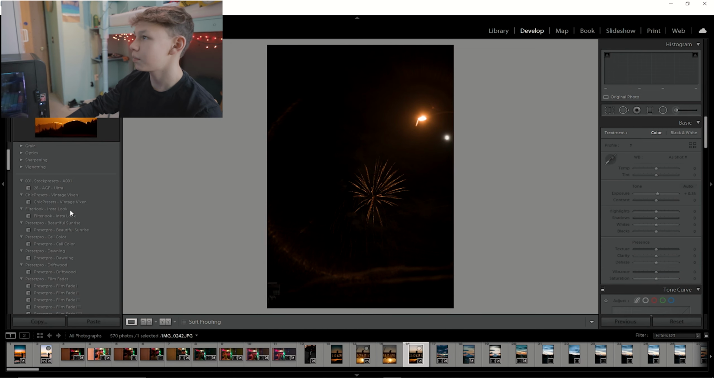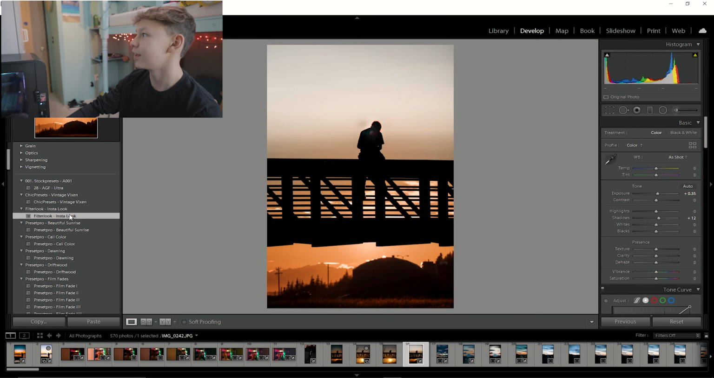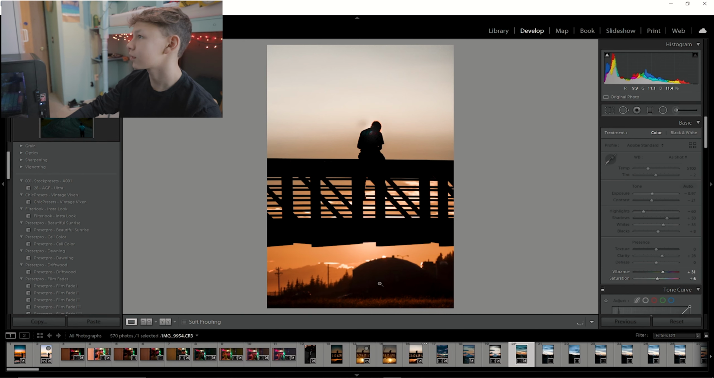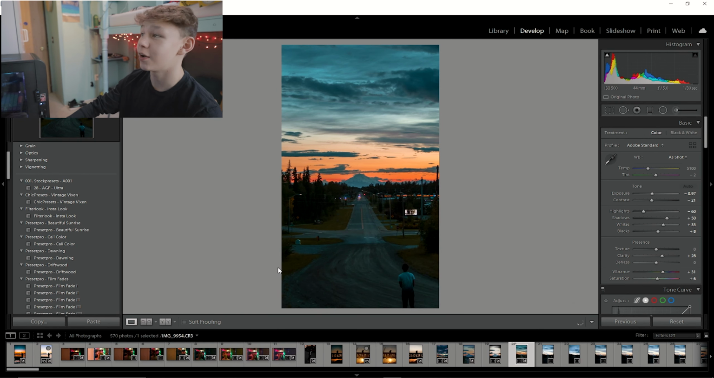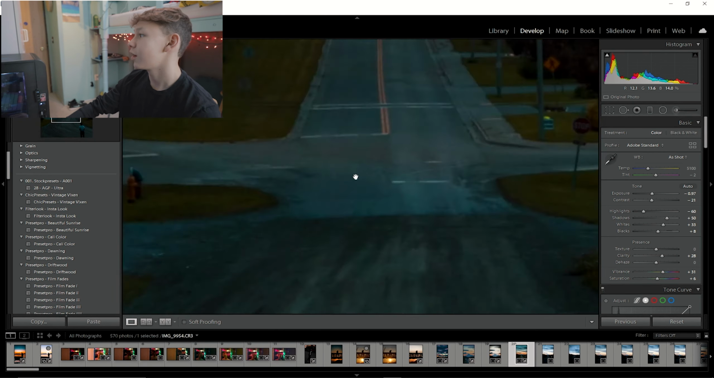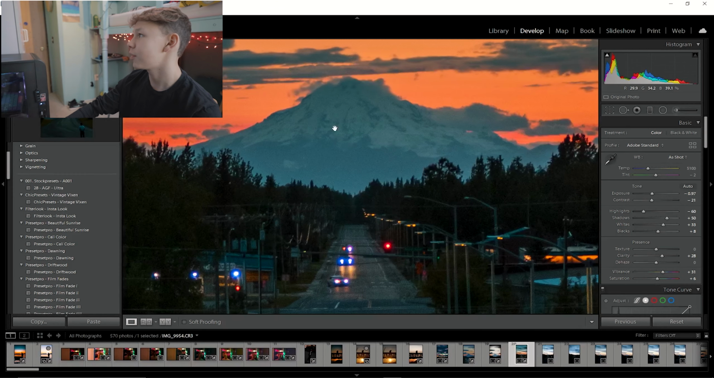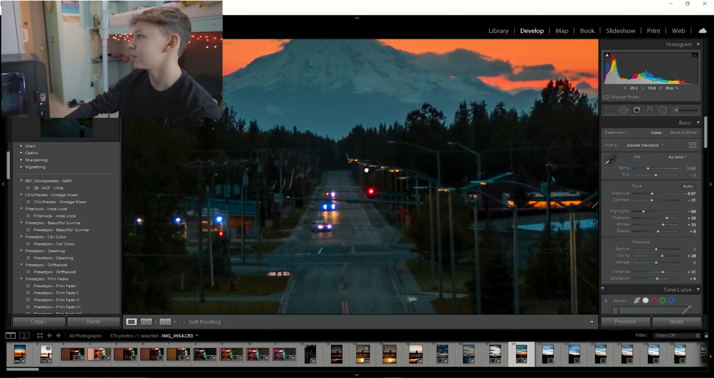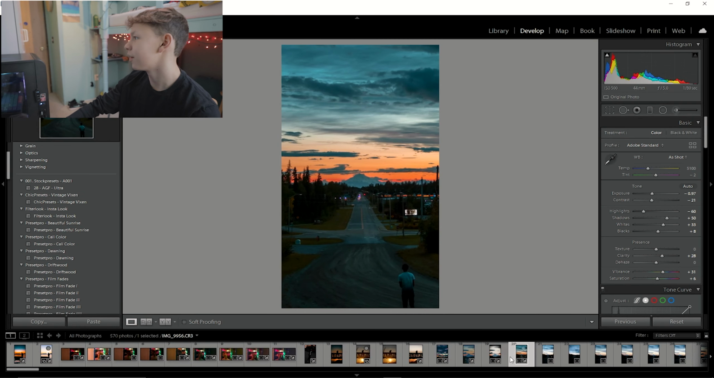So if we drop this on it, it doesn't look good. You have to play with the look of it. There's this photo. I use beautiful sunset on this. This shoot was probably one of my favorite shoots because you have the straight leading line that goes into the mountain,